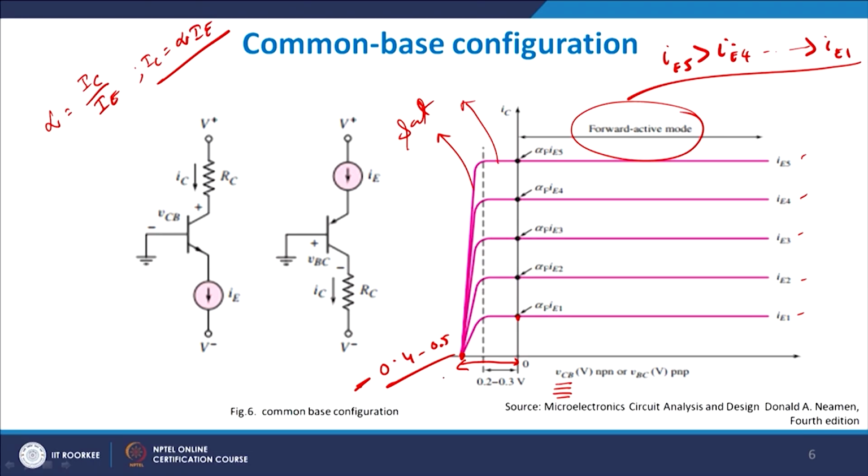So this minimum amount of VCB has to be provided in order for the device to be in cutoff. So if you want to switch on the device, you have to bias your device to go from VCB of minus 0.5 volts to approximately 0 volts for all practical purposes, right. And though it has been shown in a much greater sense, the drop is very drastic. It is a very fast drop which you see here, right, and it is almost a straight line curve